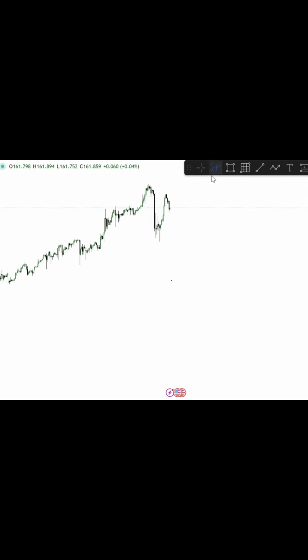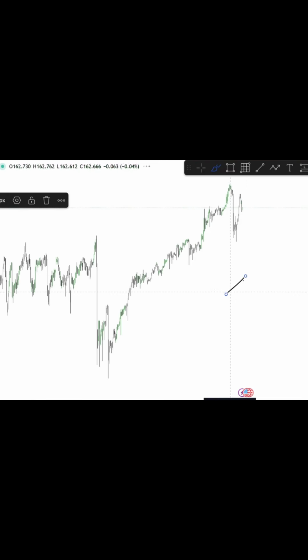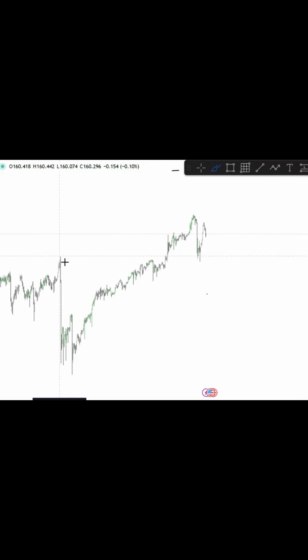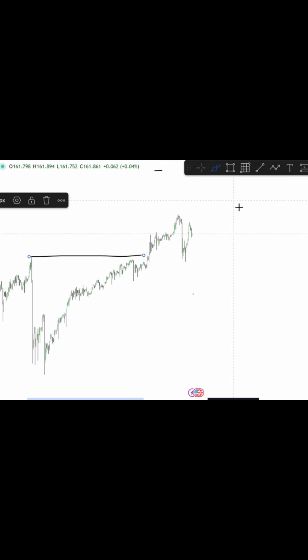Moving on to USD Yen, still the same as what we've been talking about for many weeks now. We're still dangerously close to intervention levels. We're trading after this 4-hour break of structure, and at some point I do expect that intervention, so just keep on your toes with this one.